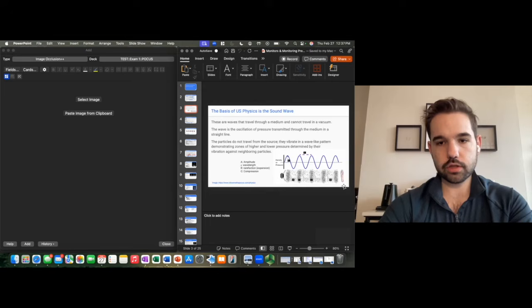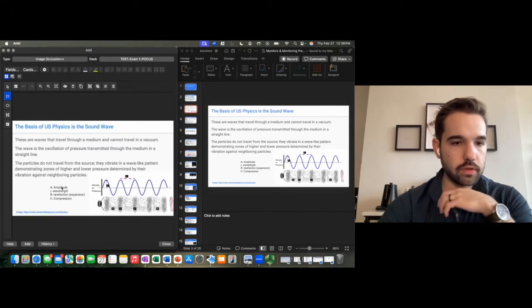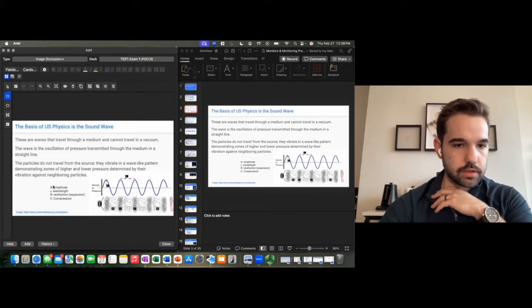I'm going to take a screenshot of that, two-finger click, save to keyboard, paste, and here we are again. So we come down here and we can see we have this picture with some labels. This is a nice example of how I do these sorts of cards: we'll occlude the definitions,